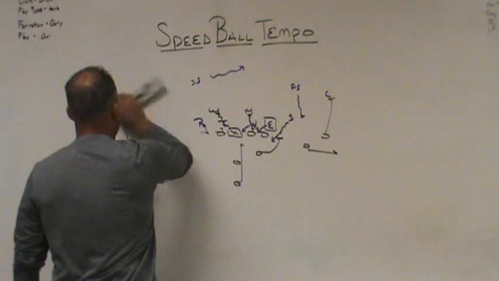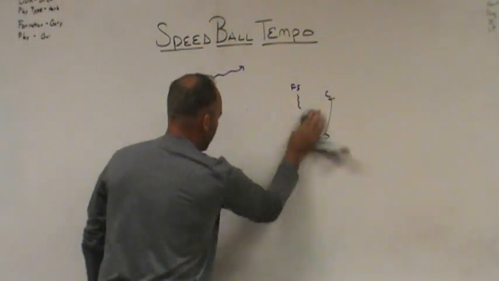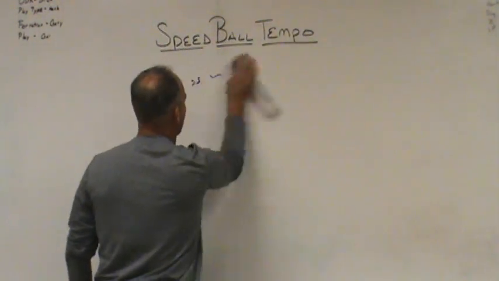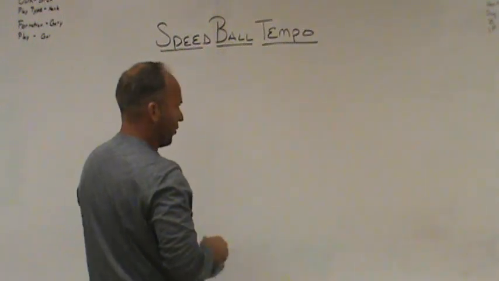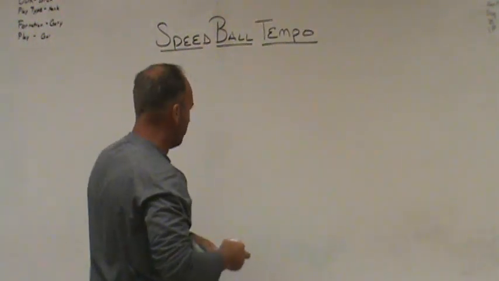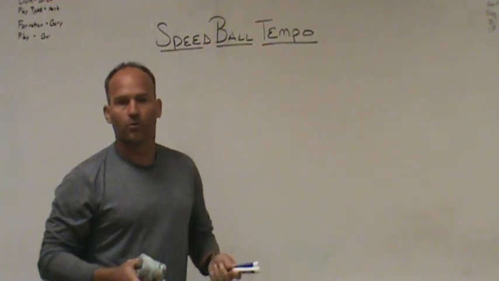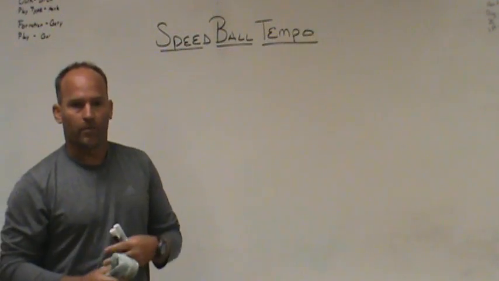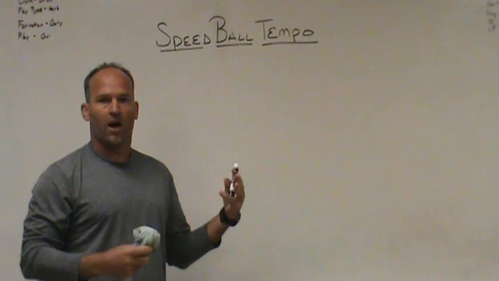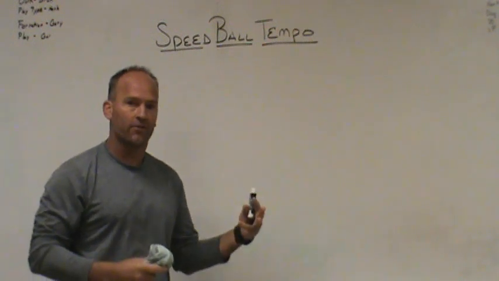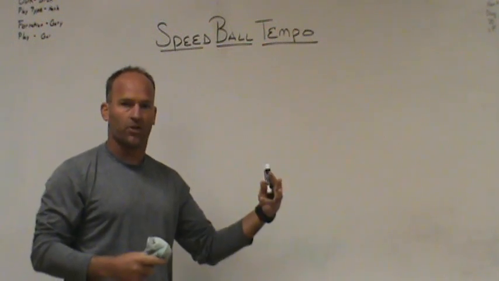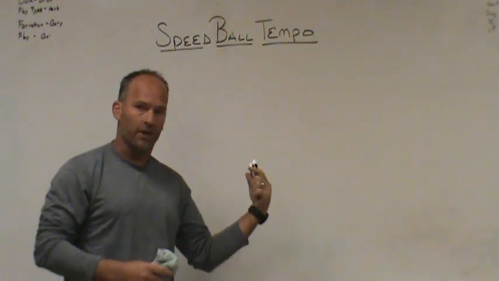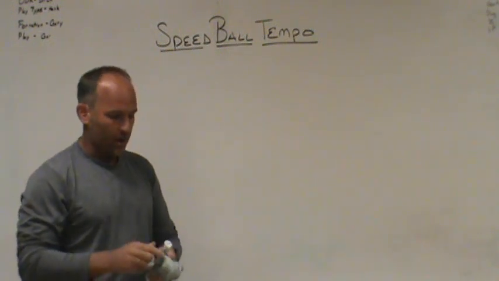Another thing, a lot of times for us, we like the triple option theory with free throws on the backside. So for us, another speedball situation could be 2x2. Another speedball situation could be 3x1. Could be any one of those situations that give you option football or give you a chance to put the football into someone's hands while giving your quarterback a chance to get you out of a bad play.